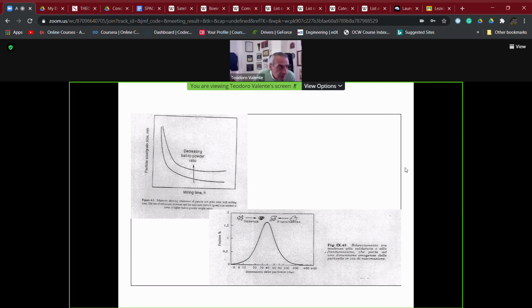So most of the diameters of the final powders obtained are near an average size. We can also expect a sort of normal or Gaussian distribution, which is very narrow. And this is very interesting and very important because when we think to use this raw